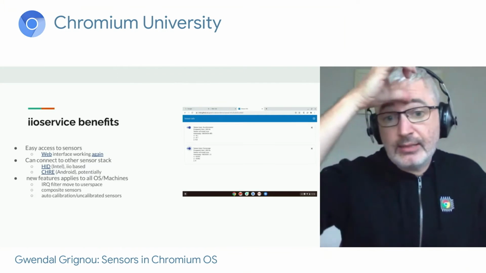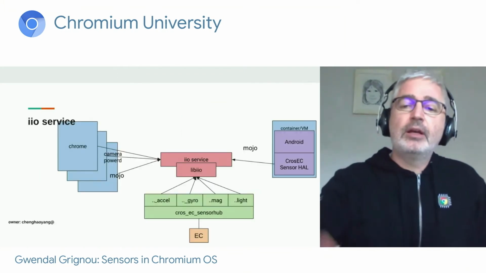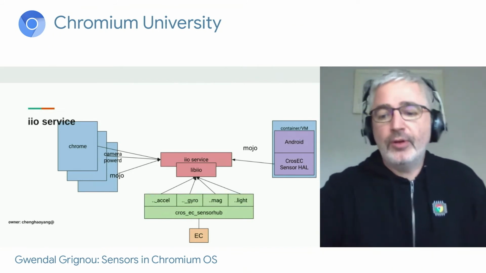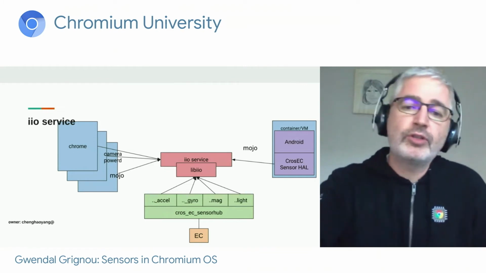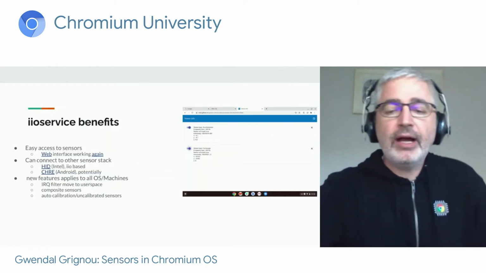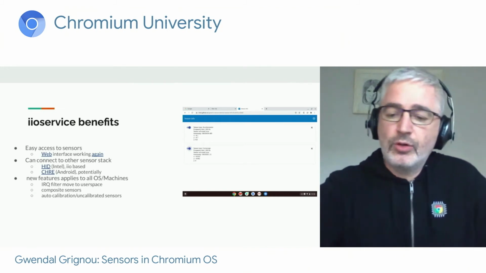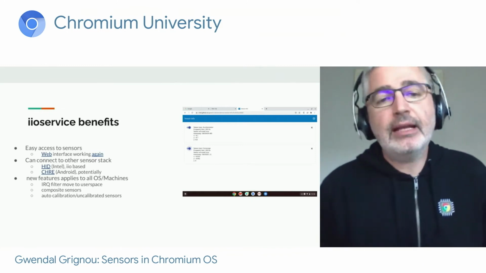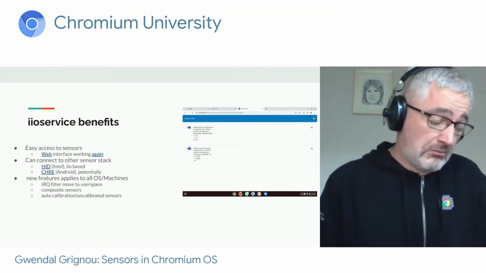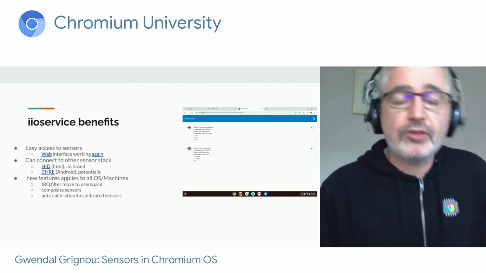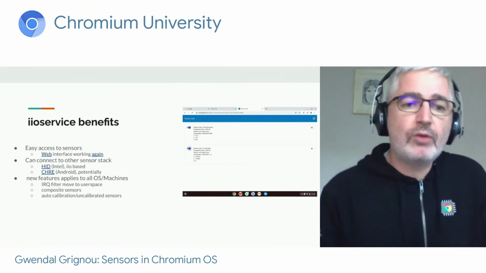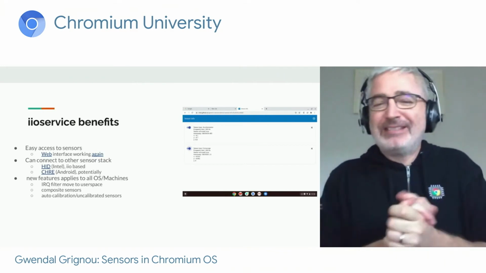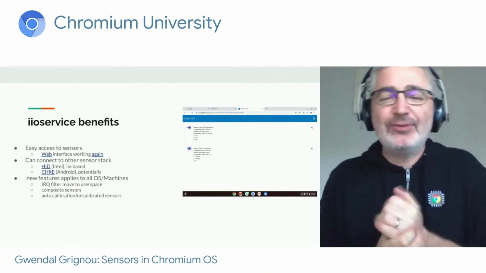Another advantage is the IIO service right now connects to the CrOS EC sensor stack, but given it's a kernel interface which is well described, it could connect to other IIO-based stacks pretty easily. So one standard in the Windows world for supporting sensors is called the HID stack, Human Interface Device, and there is some extension for sensors. So there are some drivers. So technically we could, maybe, until it's tested, it doesn't work, but it should be pretty easy to use.